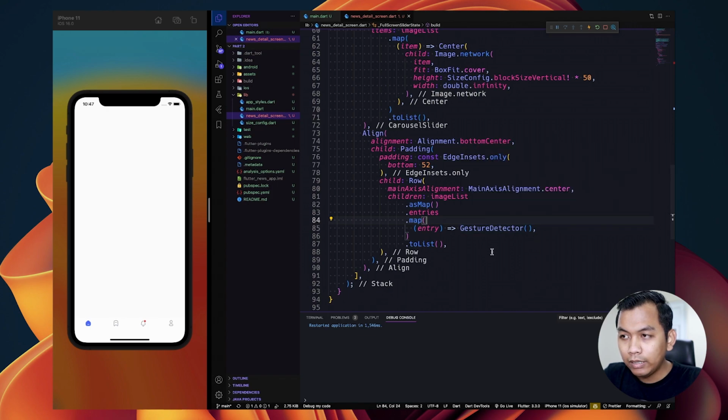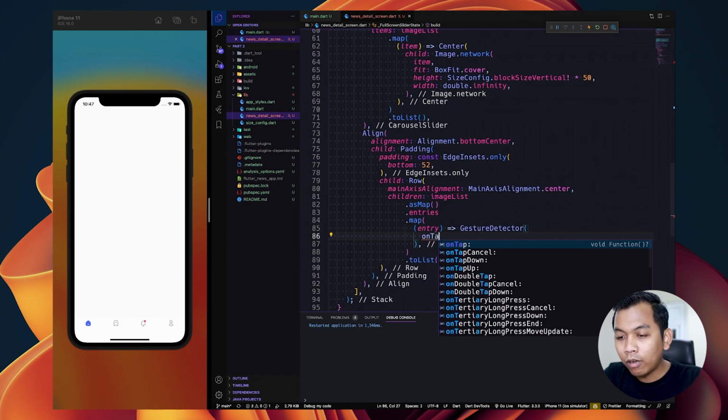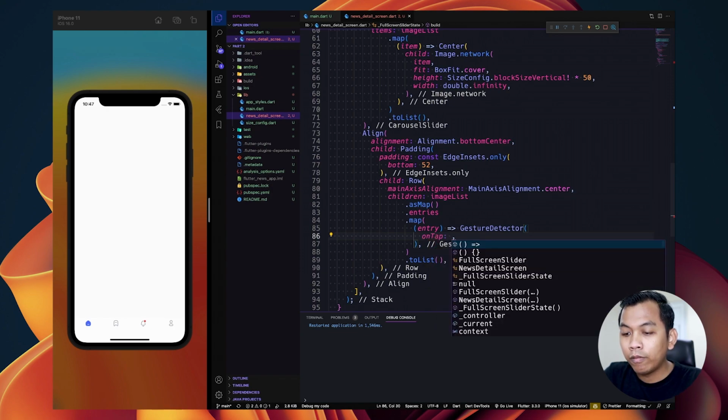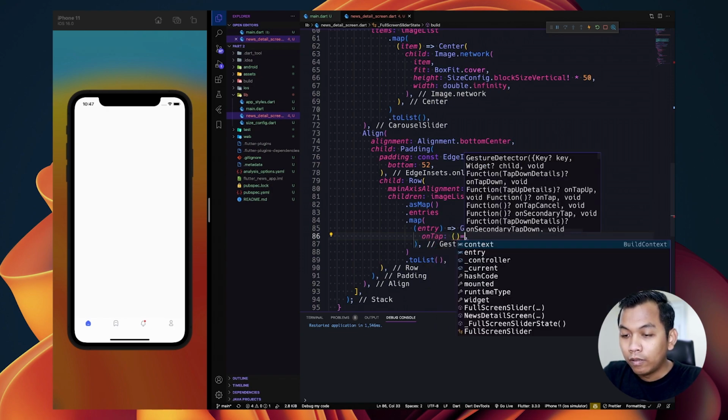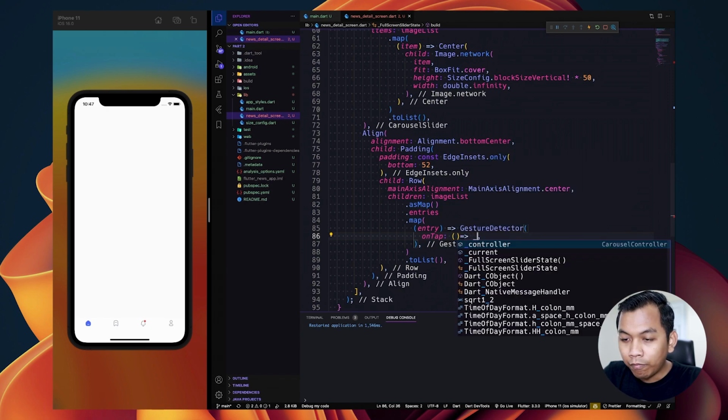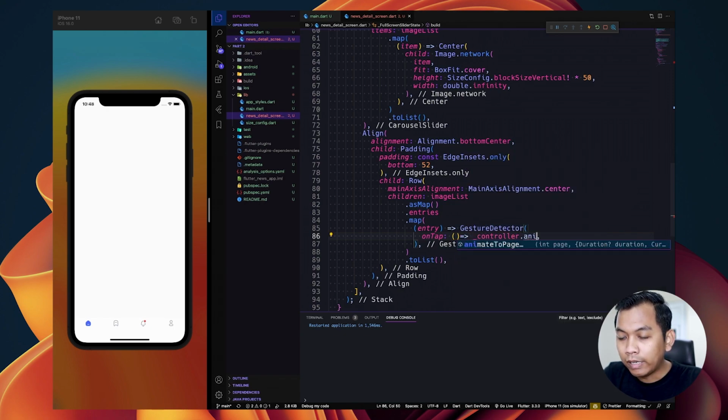Alright, so inside this gesture detector, we will have onTap, and for the onTap, we will read from the controller and then animateToPage, and we will jump to entry.key.